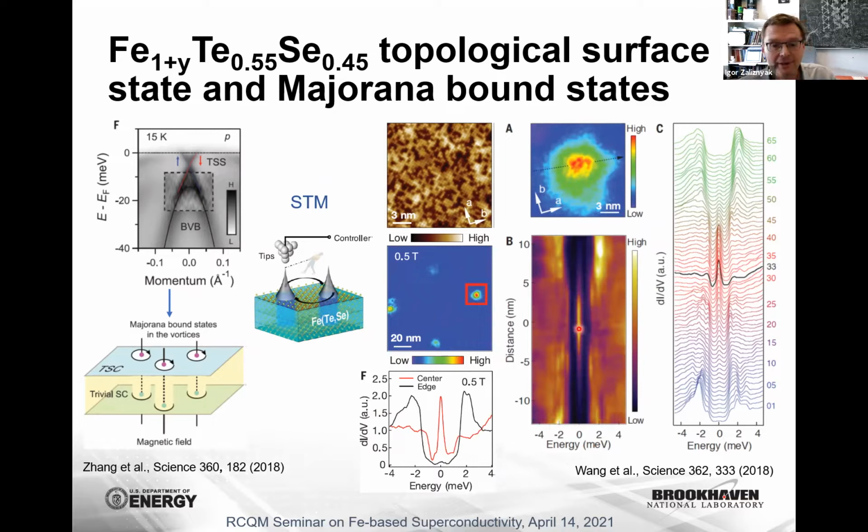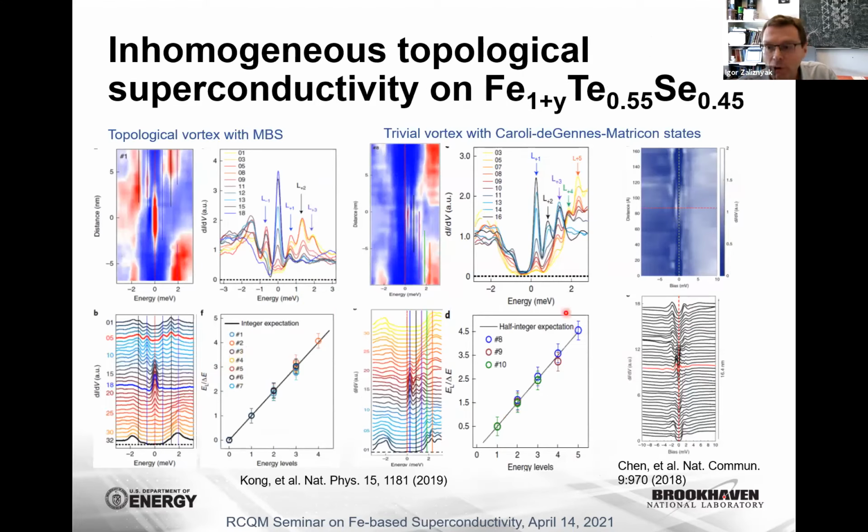And so it would be a total end of the story, except that follow-up work reported that along with the topological vortices that hold the zero bias peak here, as a function of... so this is intensity as a function of bias and the position in the vortex core. So you see this is a zero bias peak. There are also nearby vortices which do not show a Majorana zero mode, and so there are trivial vortices corresponding to